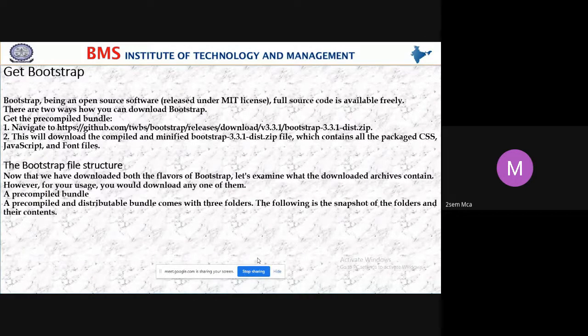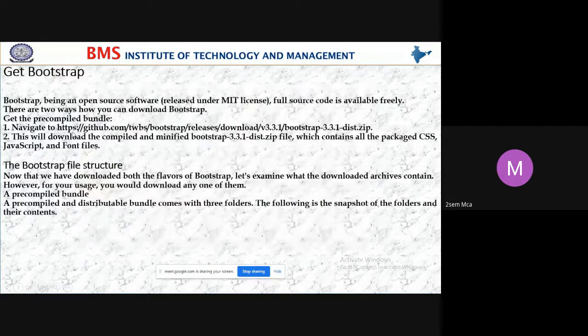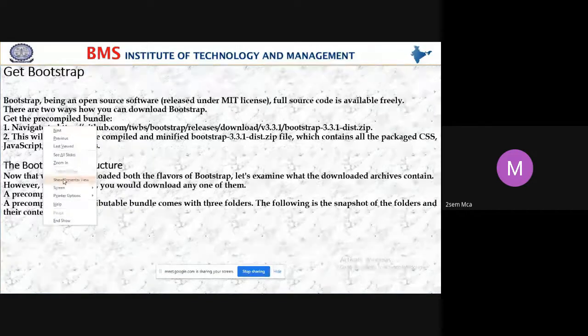The first method is to navigate to https://github.com/twbs. This is the path I have given here.